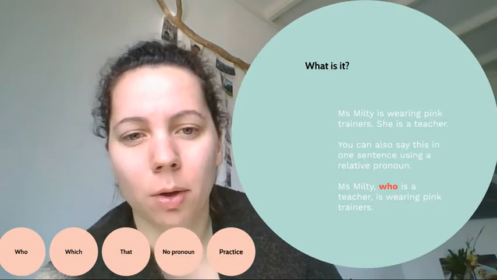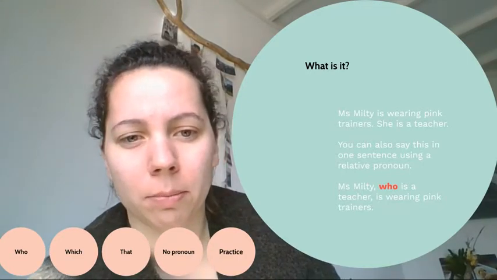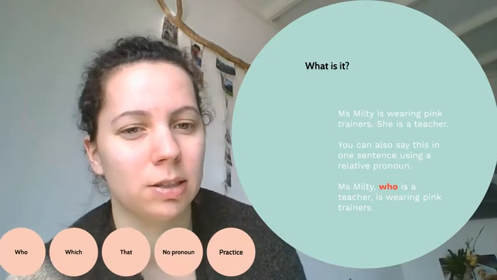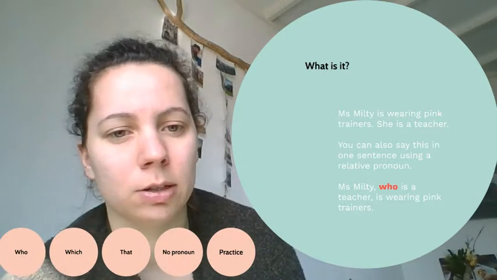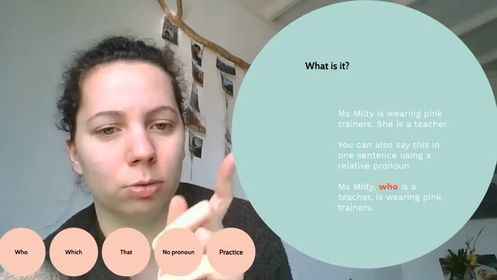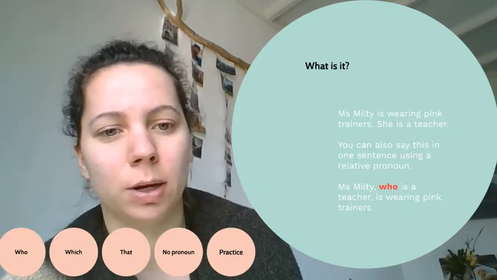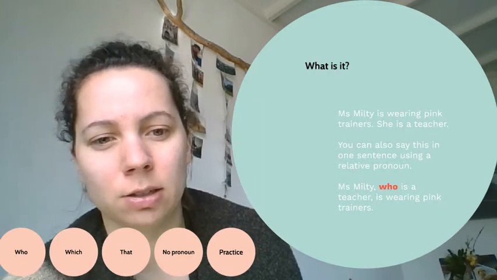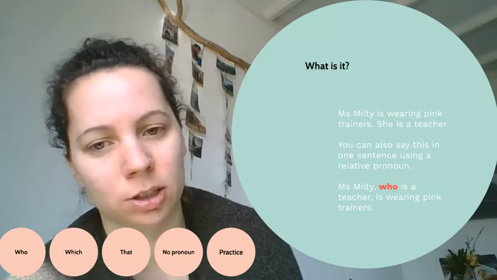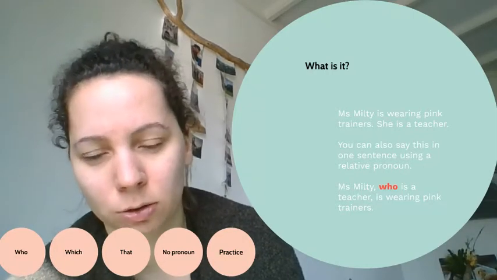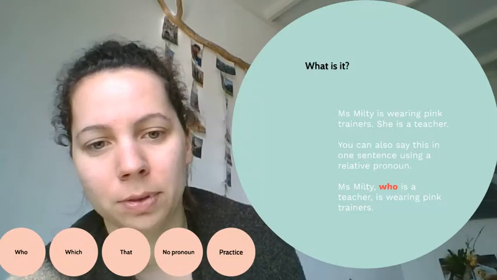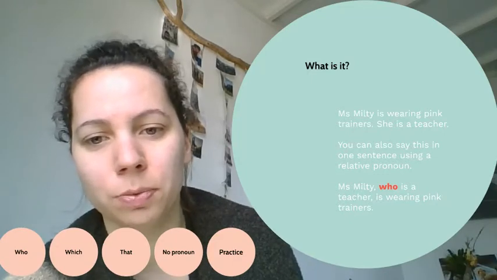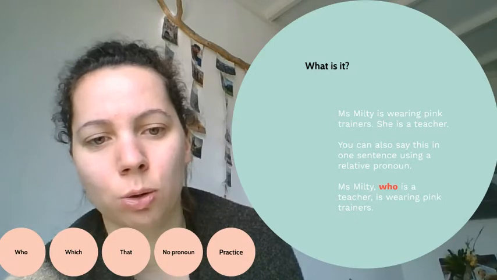Well, sometimes we can combine two short sentences into one bigger sentence. Consider the two short sentences on the right there. Miss Milty is wearing pink trainers. She is a teacher. I could combine those sentences into: Miss Milty, who is a teacher, is wearing pink trainers. The bit "who is a teacher" is what we call a relative clause, and the red word there, who, is